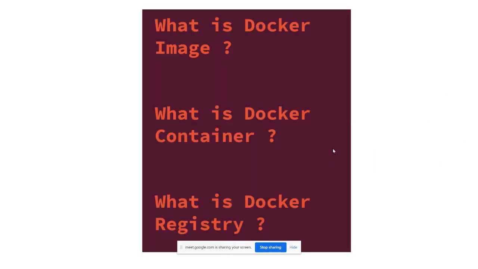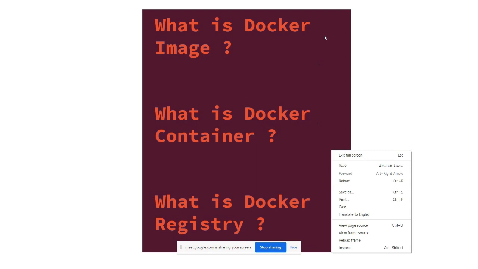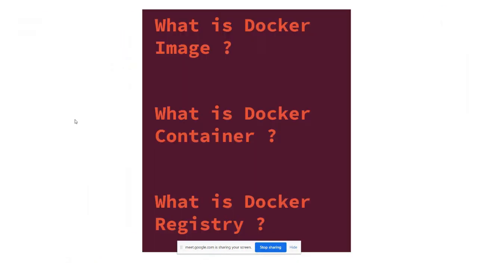Okay, so here there are three concepts. First is what is a Docker image, then what is a Docker container, and what is a Docker registry. Okay, first we'll see about Docker image. So image is just a number of instructions. Okay, Abhishek, we'll discuss it with an example. Now, if you have formatted your own machines, you will know what the Windows operating system image is.